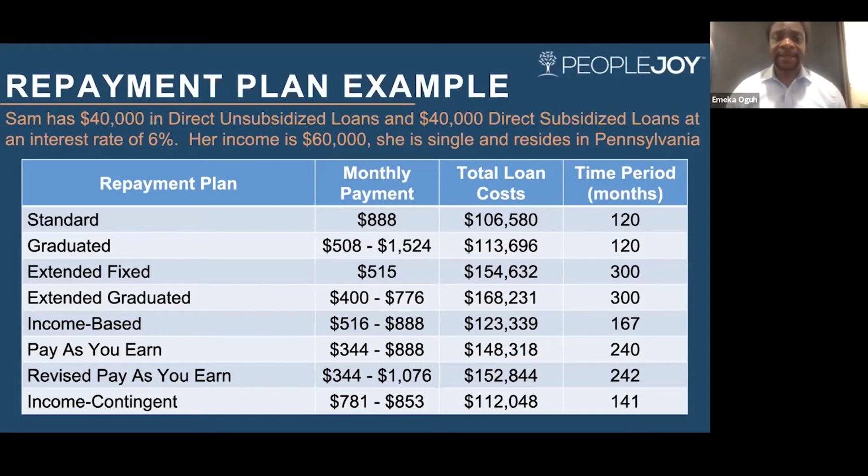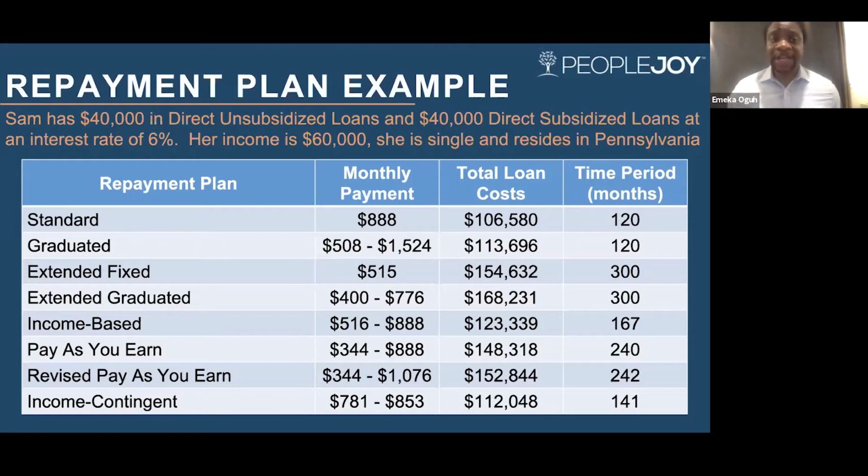But let's say she decided to instead enroll in the graduated plan. She's going to start off paying $508 a month, so much lower than she would on the standard plan. So she's got a little extra cash in her pocket that she could put to other expenses or save. But by year 10, she's going to be paying $1,524. So she's paying a lot less in the beginning, but she's paying a lot more towards the end of her loan payments. And her total loan costs are going to be